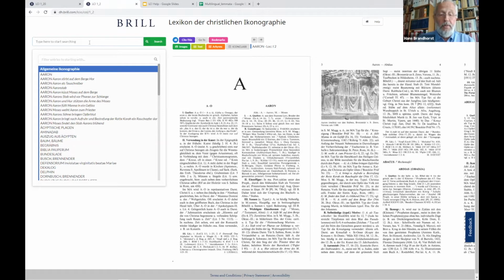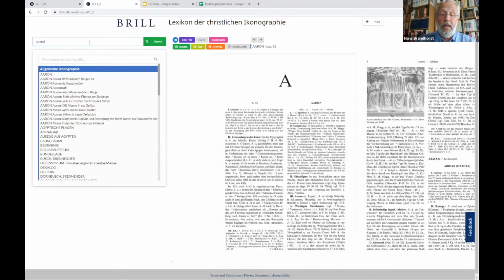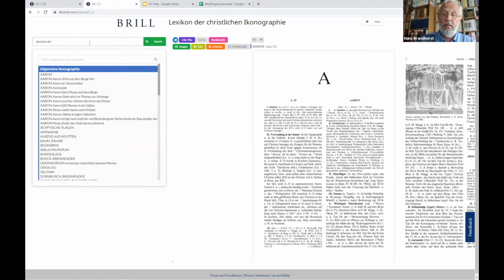So let me just repeat the example from the help file. Because usually this kind of meeting takes place around dinner time, Abendmahl seemed fitting. I've already had my dinner, because in the Netherlands we are a little ahead of you. So Abendmahl is the way to